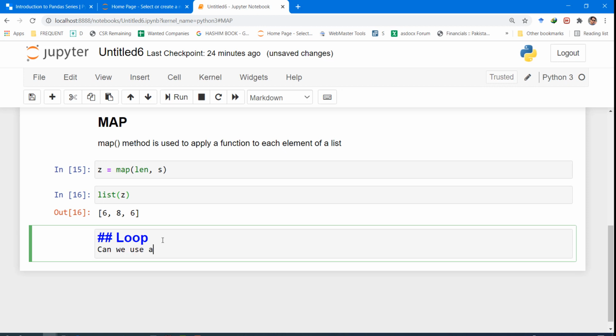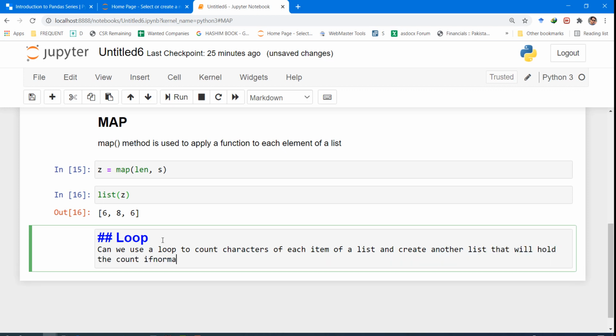Use a loop to count characters of each item of a list and create another list that will hold the count information.